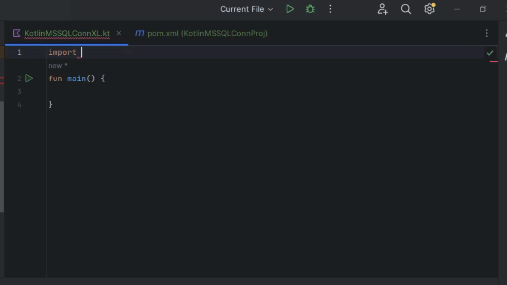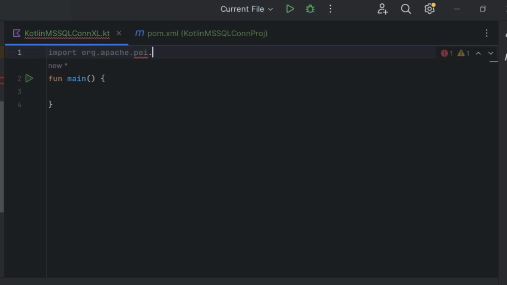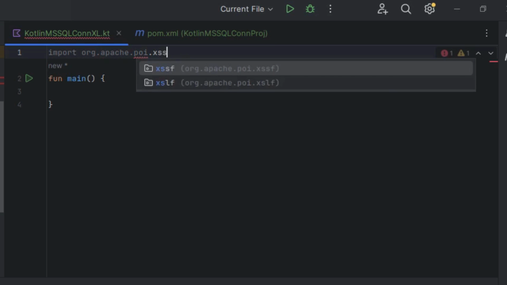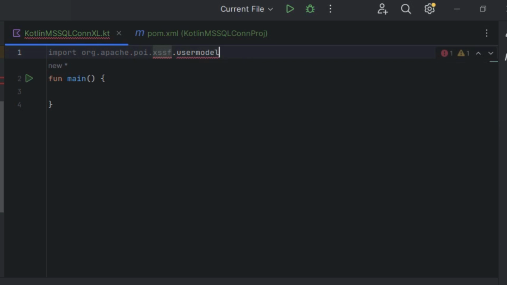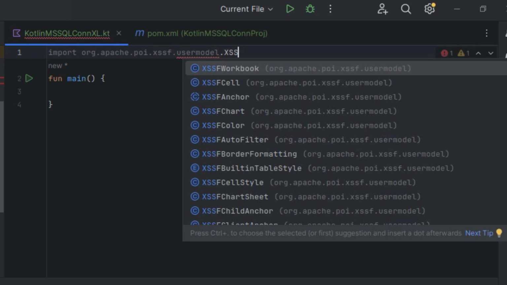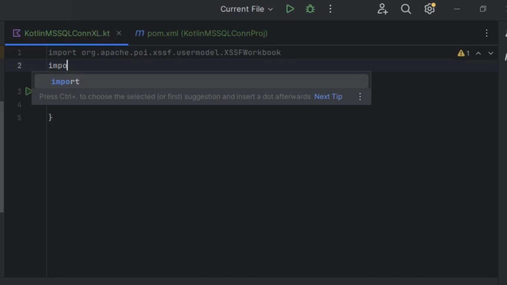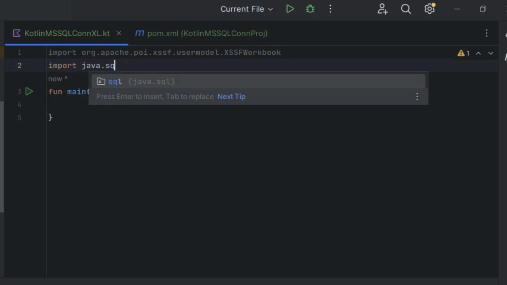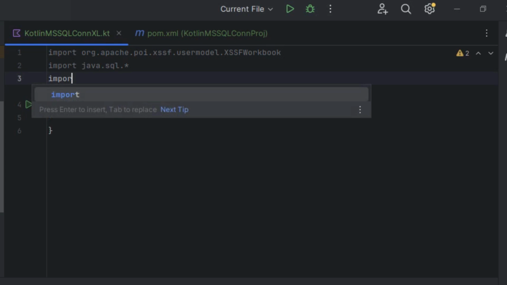Import org.apache.poi.xssf.usermodel.XSSFWorkbook. Done. Then import java.sql.*. Third one is import